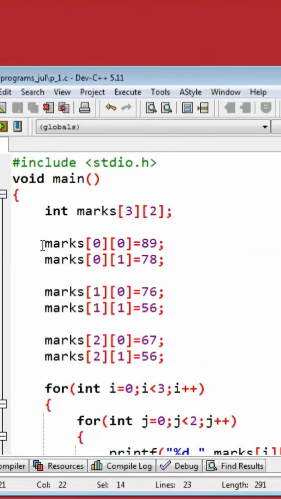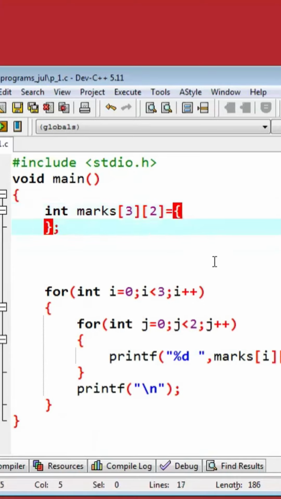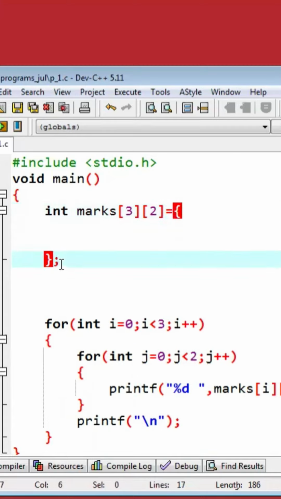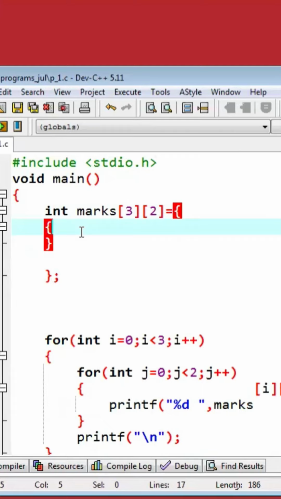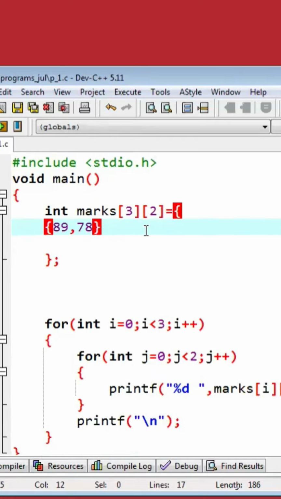Now, if you want to assign the values at the time of declaration itself, then you can do so. I'm removing the elements from here, and because there are 3 rows and 2 columns, 3 2s are 6, there are 6 elements, I will be assigning within curly brackets. So I have opened and closed the curly bracket and semicolon, and now within curly brackets, the first row will be given again within curly brackets. So first row will be containing 2 columns. So 89 comma 78 I am giving,